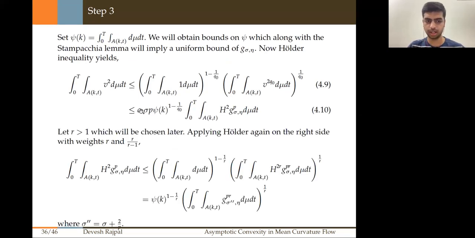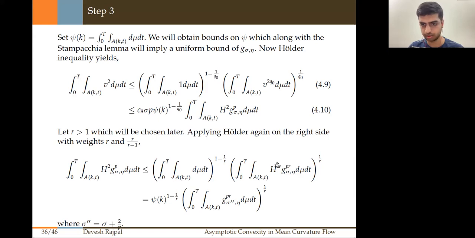We'll apply Holder inequality again, but with some different weights. Let R be greater than 1, which will be chosen later, and apply Holder again on this term. So you see, some multiplicative identity will appear later. Applying Holder again on the right hand side with weights R and R', the conjugate of R, I get that this factor is less than or equal to the area function times this function raised to power R. And we get our area function again with a different exponent this time, 1 minus 1 by R, which we can manipulate later. And again, for R large enough, I can absorb the H2R this time to get a different sigma double prime,